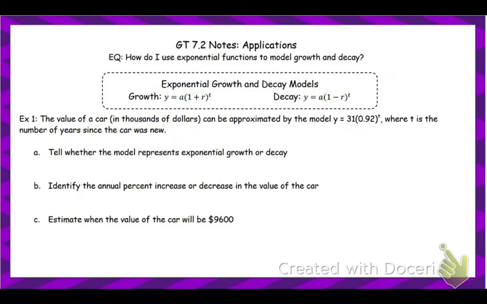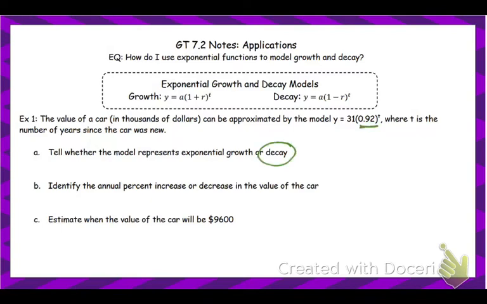So the first one, it goes ahead and gives us the equation. So we're going to determine what these values mean. It says the value of a car in thousands of dollars can be approximated by the model y equals 31 times 0.92 to the t. T is the number of years since the car was new. So the first thing we're going to do is determine if this is growth or decay,